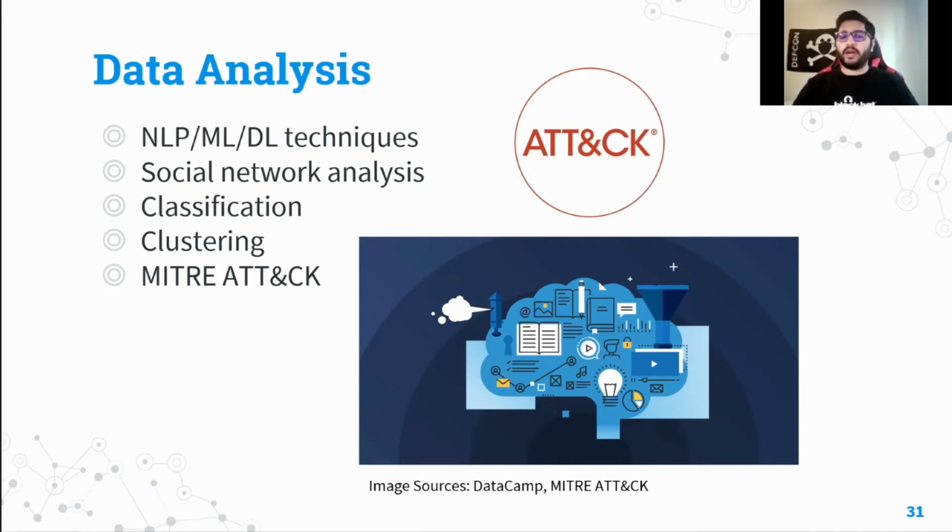I will talk a little about MITRE ATT&CK here. MITRE ATT&CK is basically a knowledge base of TTPs based on real world observations, based on which TTPs actors have used till now. So if you have had your data gathering pipeline running for a long time, and you have that kind of rich data, then you can map that data into TTPs and into MITRE ATT&CK, and it gives really good reports. So you can do this if you have a good amount of data.